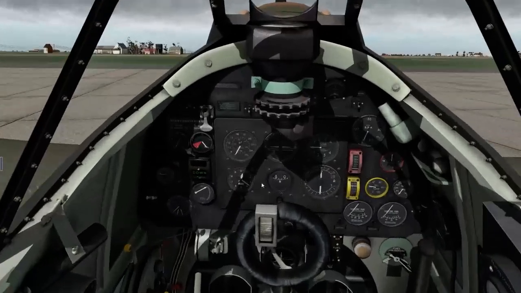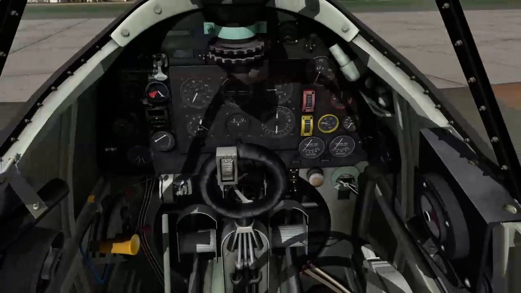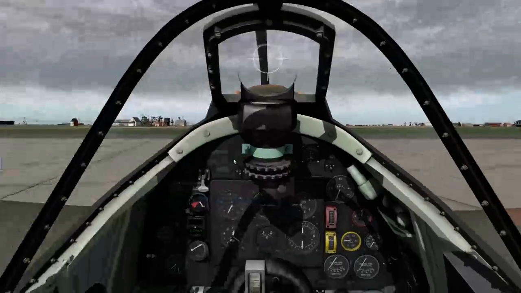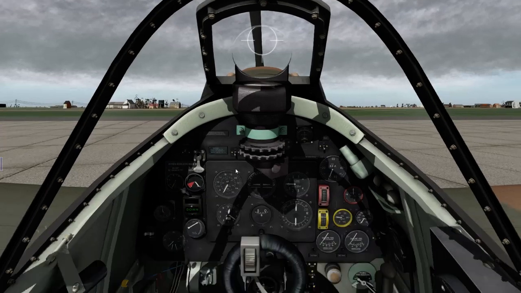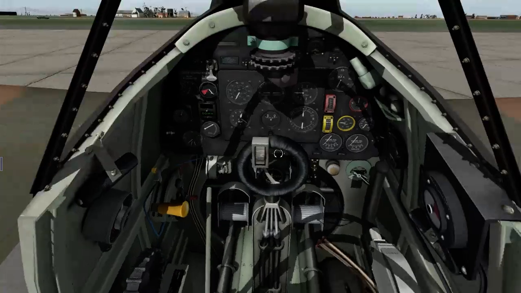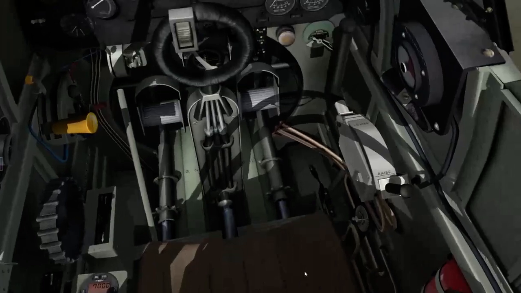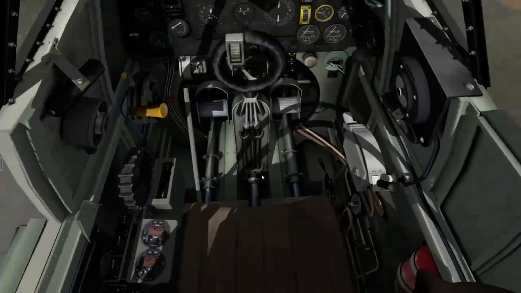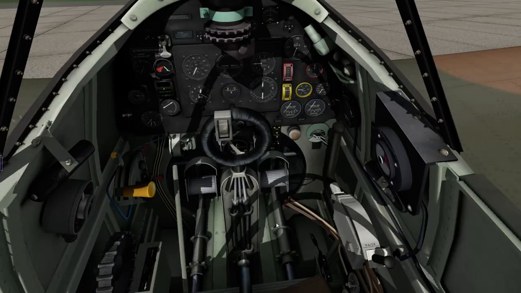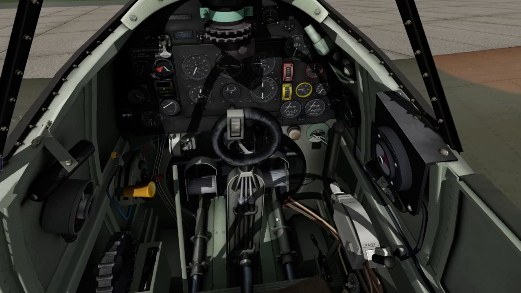So, yeah. To be honest with you, the Cliffs of Dover Spitfire ain't bad. From a purely physics standpoint, in terms of the way it flies, it's almost spot on, really. It's just let down by the fact that the systems modeling in it is worse than this, which is saying quite a lot, really. The systems modeling in the Cliffs of Dover, all the Cliffs of Dover planes, really, but the Spitfire especially, is, you know,